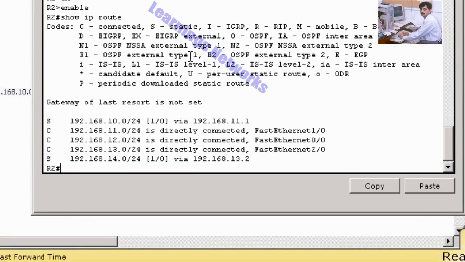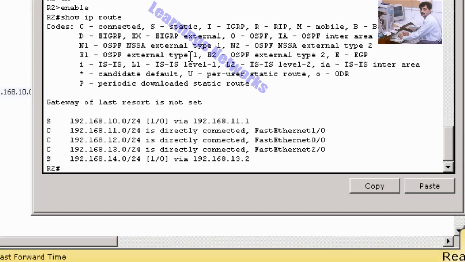The 10 network, 11 network, 12.0 network, 13.0 network and 14.0 network are all in the routing table of R2.